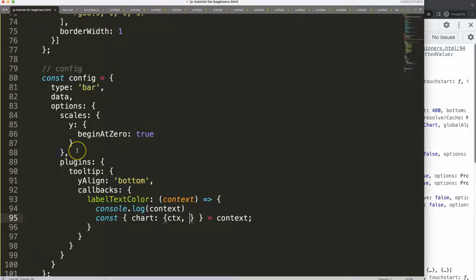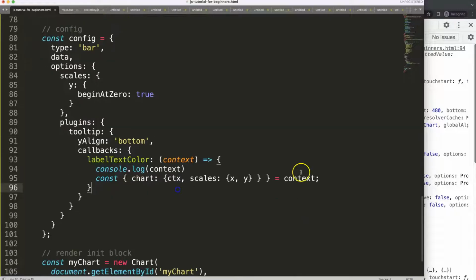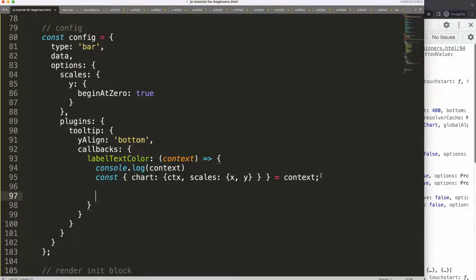There you are. I'm going to say here, scales. And the scales, I want to break that down as well into an X and Y variable. So now we have those, and what we want to do now is start to basically create a gradient structure. So I'm going to say constant, let's say this gradient equals, and then what we're going to do here is